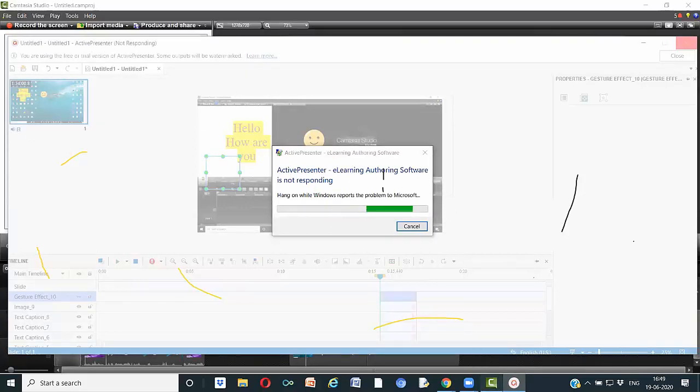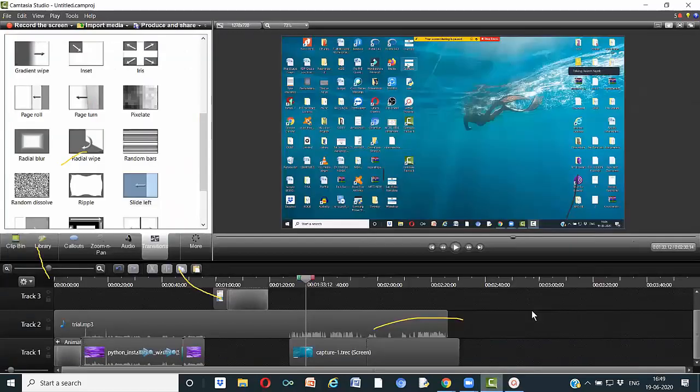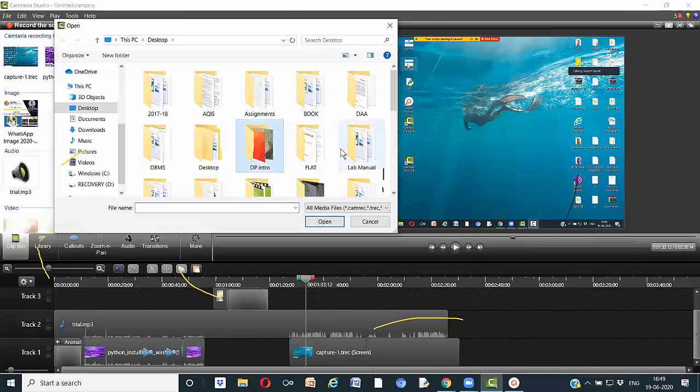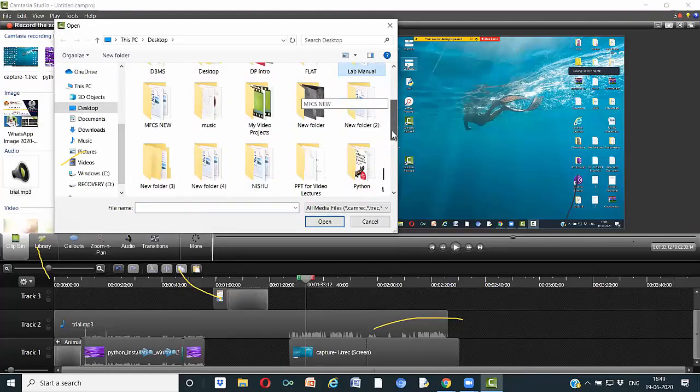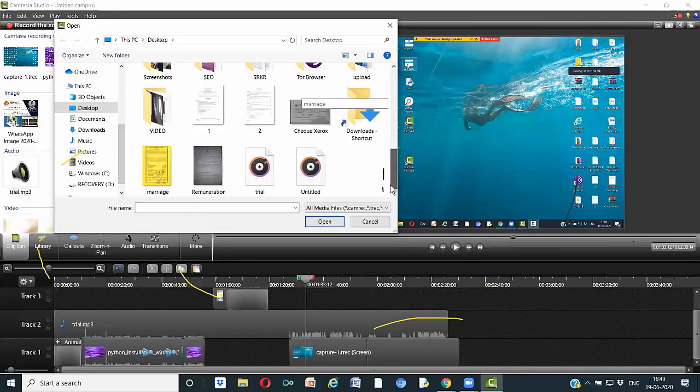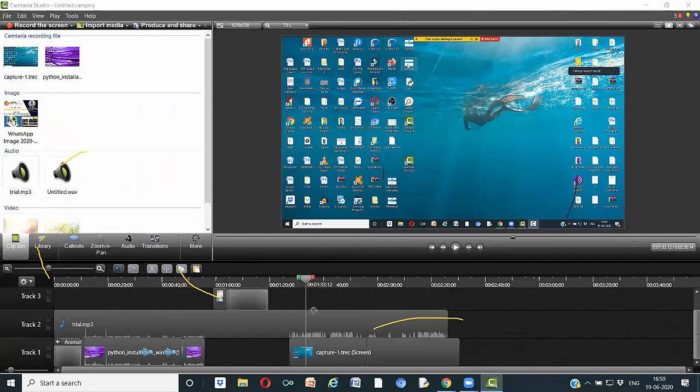Sir, in Camtasia, can we add audio? Yes, I told you. You can import your file from here, and whatever audio file you are having, like on the desktop we had something, no? Let us say this trial or untitled, I'll open it. It will come here and I can drag it here.